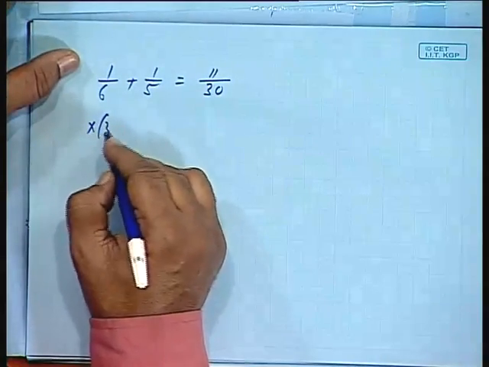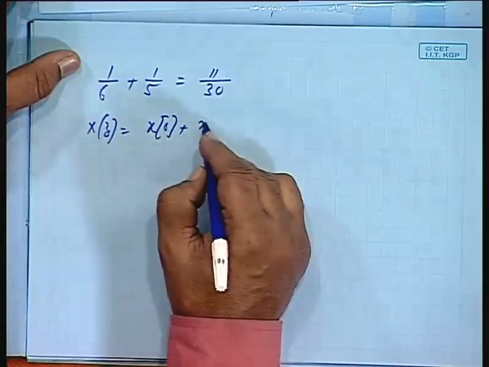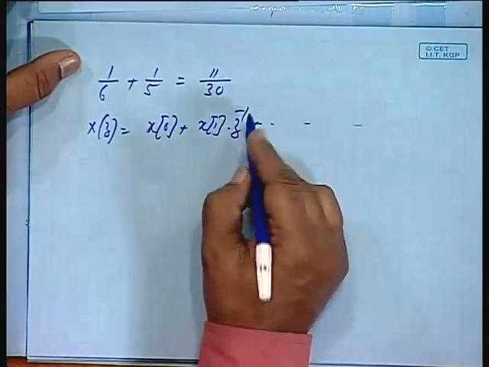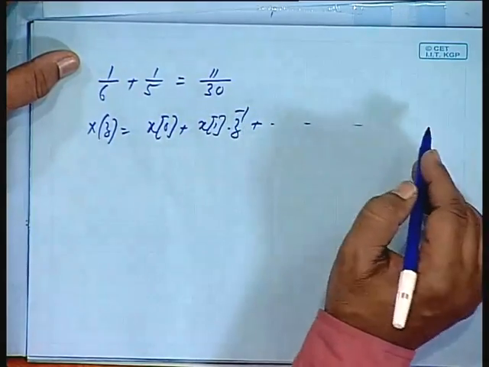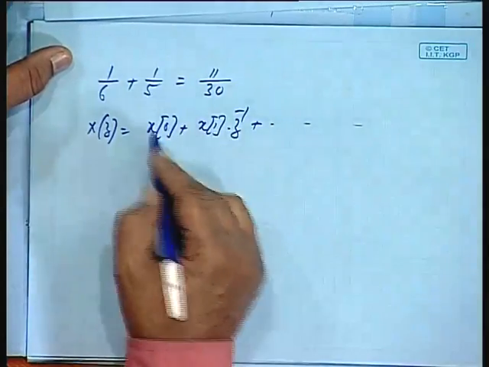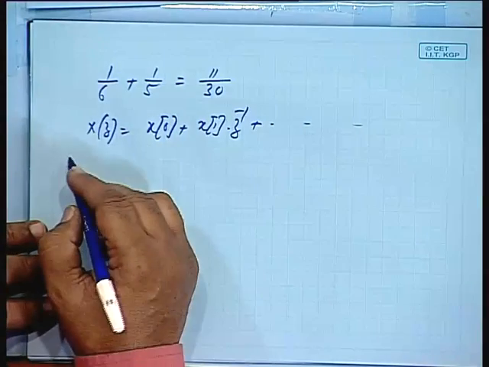See, x(z) you have written as x naught plus x1 into z inverse and so on. So, all these z inverse, z to the minus 2 etcetera are made 0, that means z inverse is made 0, z is made infinity. So, this will give you directly x naught. Next question